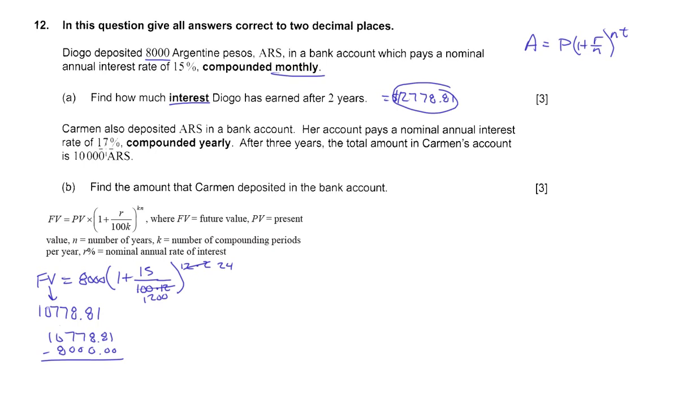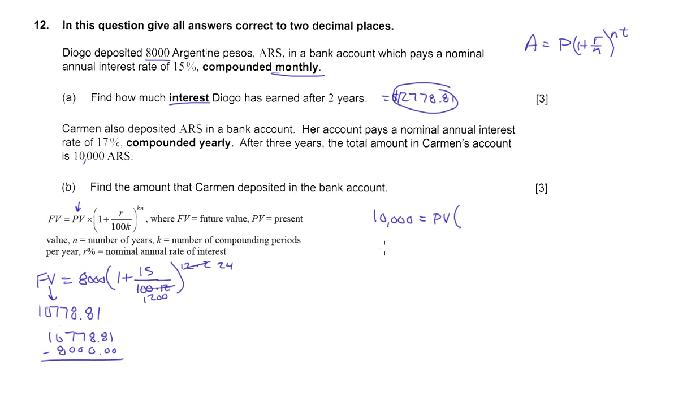Carmen also deposited some money in Argentine pesos in a bank account. Her account pays a nominal annual interest rate of 17% compounded yearly. After 3 years, the total amount in Carmen's account is 10,000 Argentine pesos. Find the amount that Carmen deposited in the bank account. So now we're going to be looking for that. For part B, we're going to be looking for that present value, right? So we know that she ended up with 10,000, and we want to figure out what the value was that